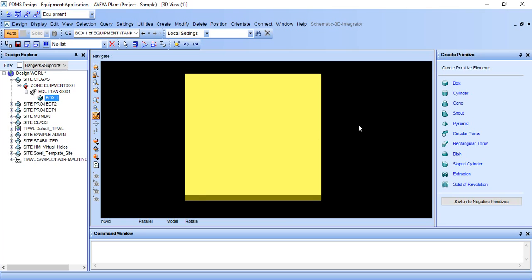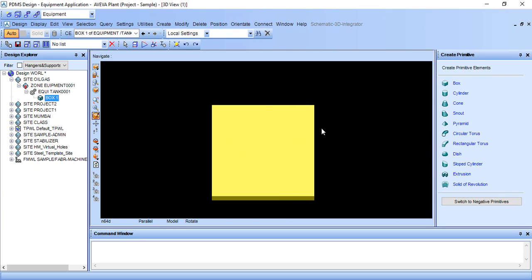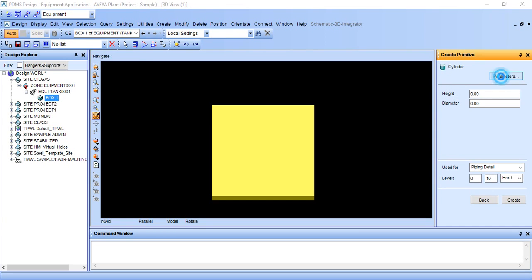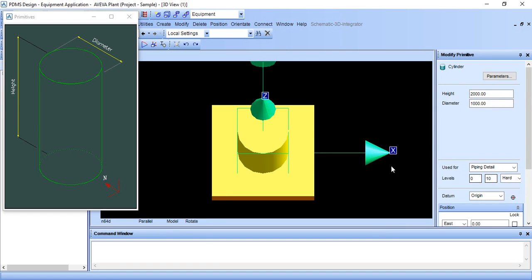After creating this, I want to put a vertical cylinder on it. So I am creating a cylinder, and here the parameters are height and diameter. I need height 2000 and diameter 1000, and click on Create.